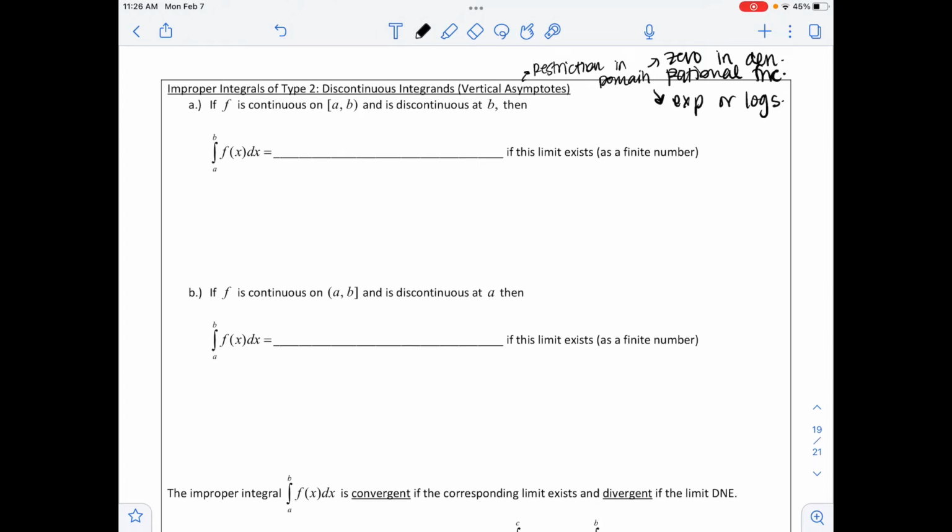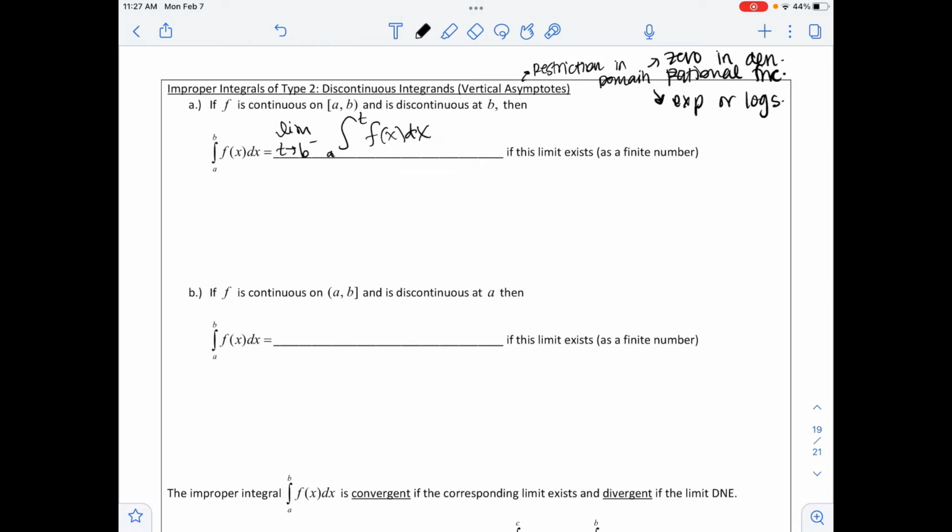Part A says if f is continuous on our interval from a to b, where a is included and b is not, and discontinuous at b, then we're able to rewrite this as the limit as t approaches b from the left of the integral from a to t of f of x dx, if the limit exists